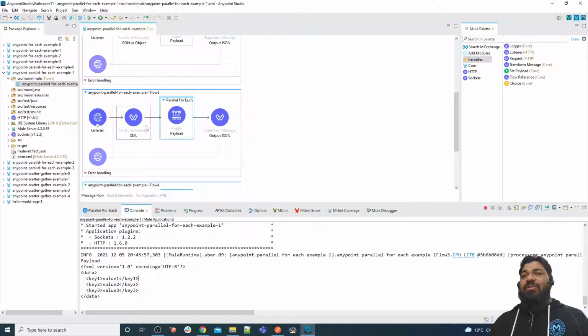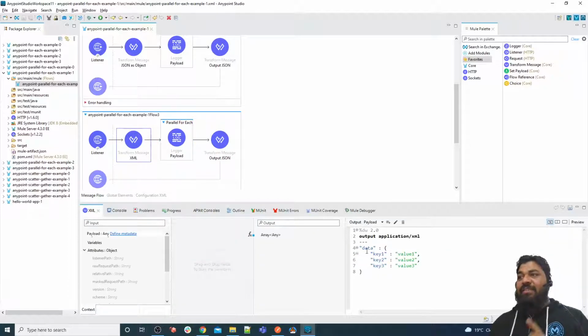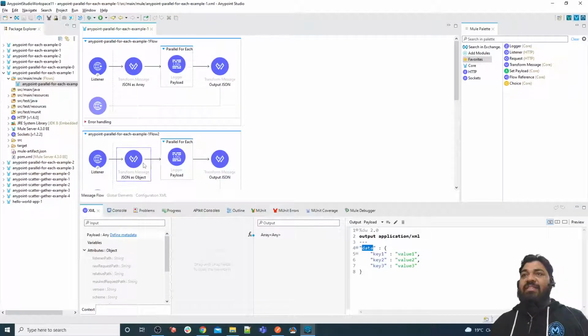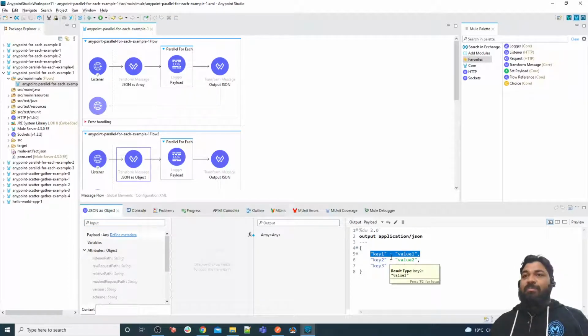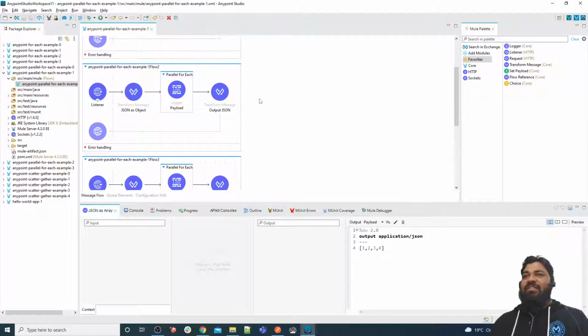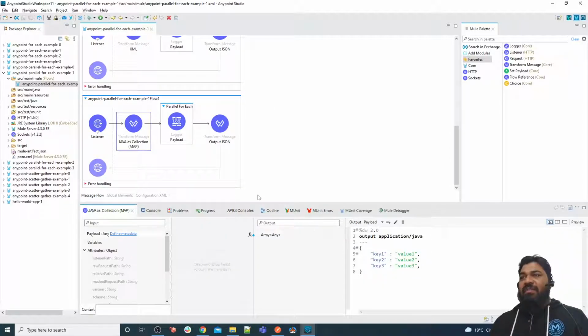Yes, because it checks how many key value pairs are present at the root level. In the case of this XML, it considered only one key value present at the root level, but in the case of our JSON object, it is actually checking 3 at the root level. There are 3 key value pairs present. So in the case of an object, it is the number of key value pairs at the root level. In the case of a JSON array, you already know how it works. Okay, so Java is a collection map. It works the same way also.